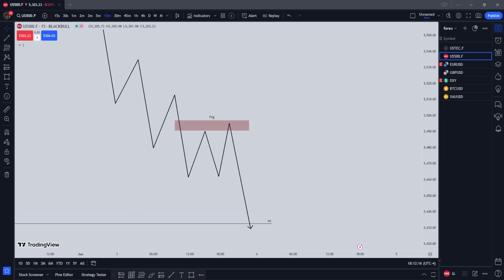So what is a turtle soup at all? The turtle soup involves identifying situations where the market appears to break out of a previous high or low, but then quickly reverses direction. This false breakout traps traders who entered positions expecting a breakout to continue. So in this case, let's say